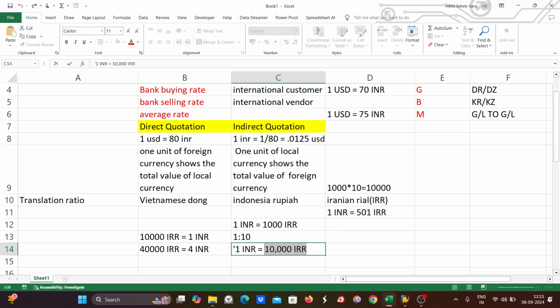Now since it is 10,000 IRR, in order to maintain 10,000 IRR, we have to maintain a ratio in such a way that the 1000 rate is multiplied with that particular ratio to get converted into 10,000 IRR. So if we maintain the ratio as 10:1, that is 10 for IRR and 1 for Indian local currency, SAP will check that the rate is 1000, but the ratio is 10:1. So SAP will multiply it, and accordingly we will get that particular rate, and once we do the posting, the translation ratio gets triggered.